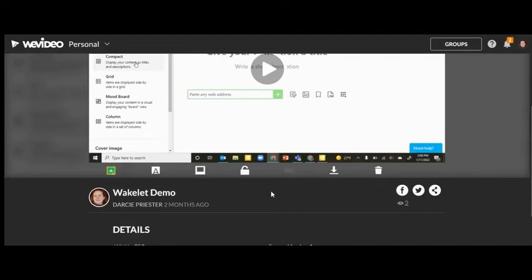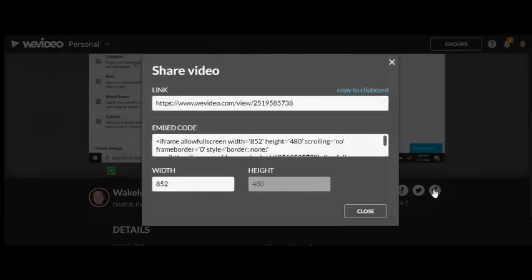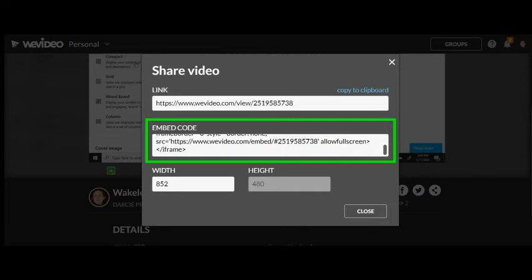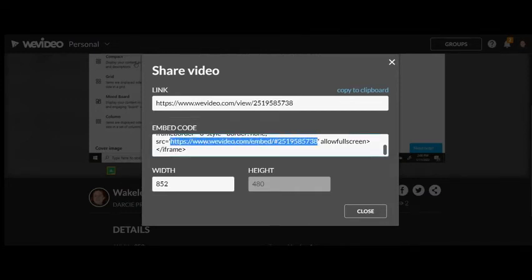These privacy settings may have been defaulted to one or the other by your WeVideo admin. Once the video is set to public, you can share or embed the video. Then click on the Share Link and Embed button. I will see the URL link, but I want the link that comes from the embed code. Then repeat the same process.